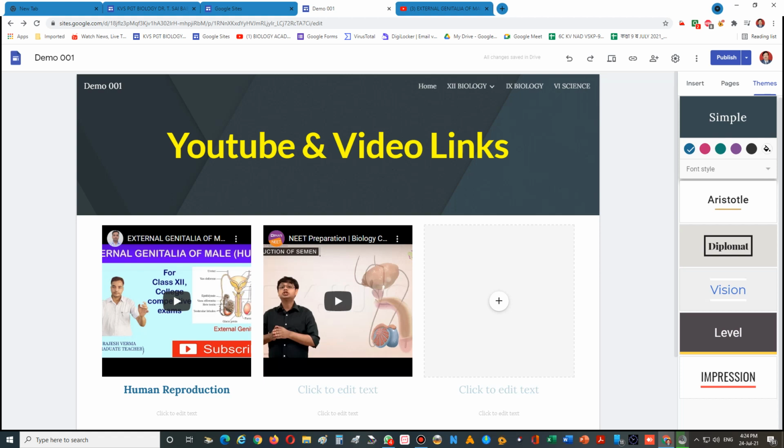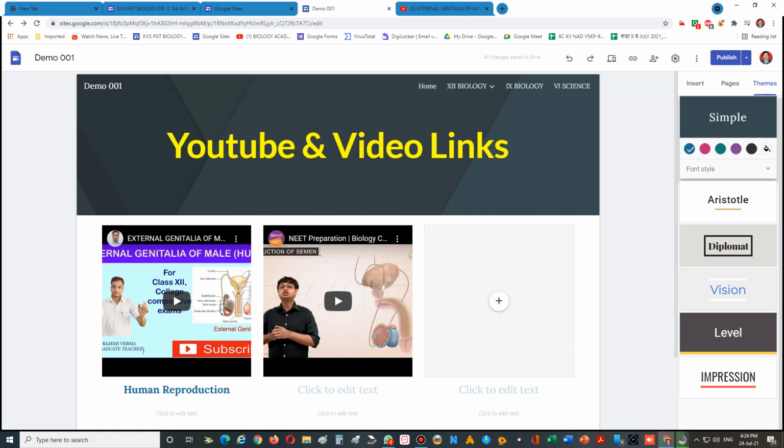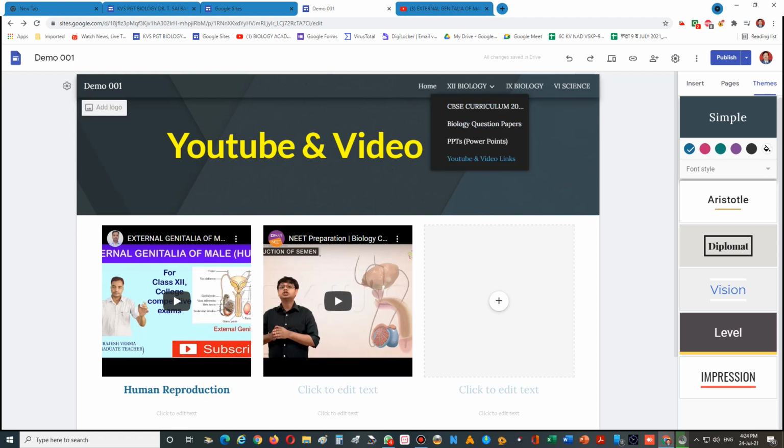This part of Google site belongs to module 3, and module 3 on the Google site was explained by our PGTCS Kiran Kumar sir from KVNAD.